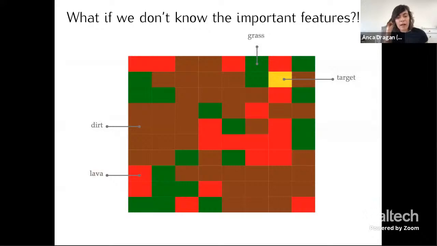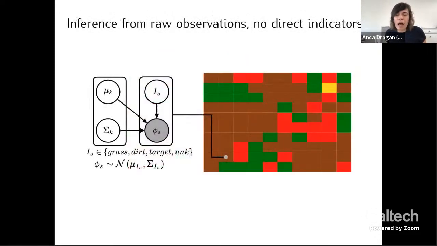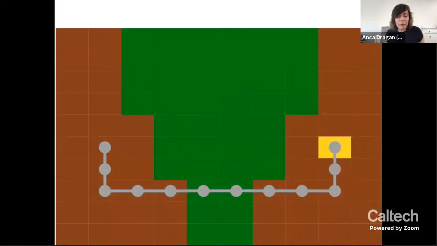A little toy example where we got closer to that setting was this little grid world where there are different kinds of terrain. There's grass and a target, and there's dirt. And then there's lava, which is supposed to be really bad for you, but it's not present in the development environment. It only shows up at deployment time. And then what we do is, instead of getting access to the features, saying okay, this is dirt, this is lava, the robot doesn't know any of that. The robot just gets some raw sensory information about the terrain type. And the reward function is based on environments that don't have any lava.